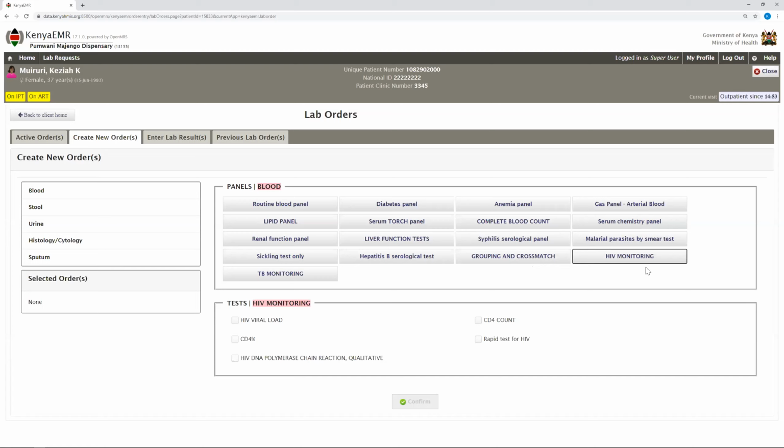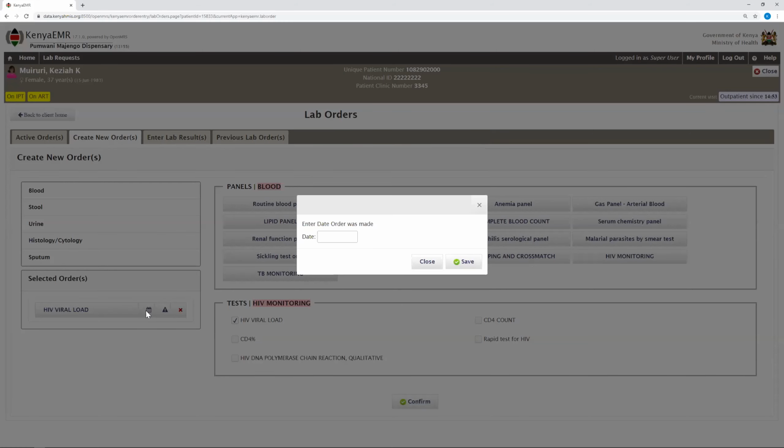You want to do a viral load, you check the viral load, and on your left side, you will see the selected order. If you look at it clearly, it has got a date picker, meaning that you can specify the date this order is being done, and the reason why you are taking this particular order under urgency or reason that is next to it. I hope all of us are following. So we'll select the date, because it's always good to know when you are ordering a test, just for follow-up purposes